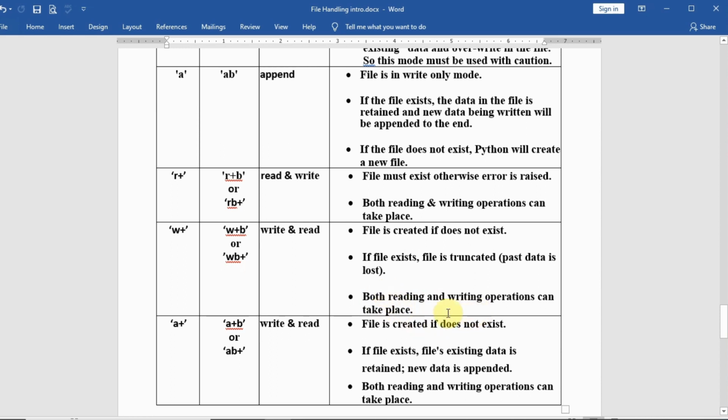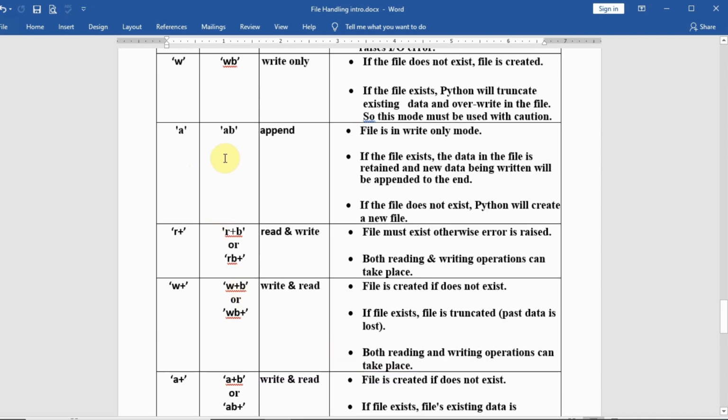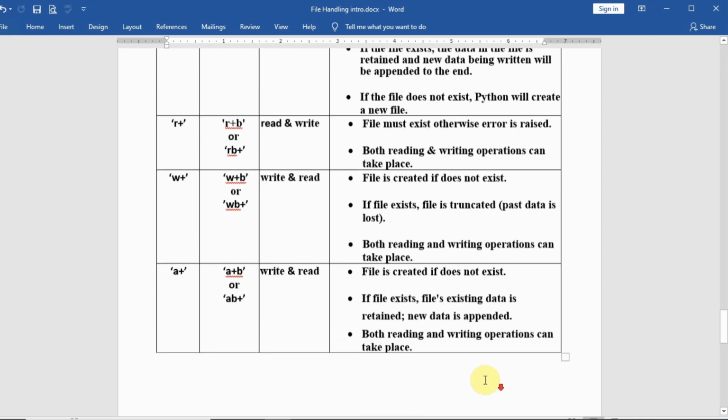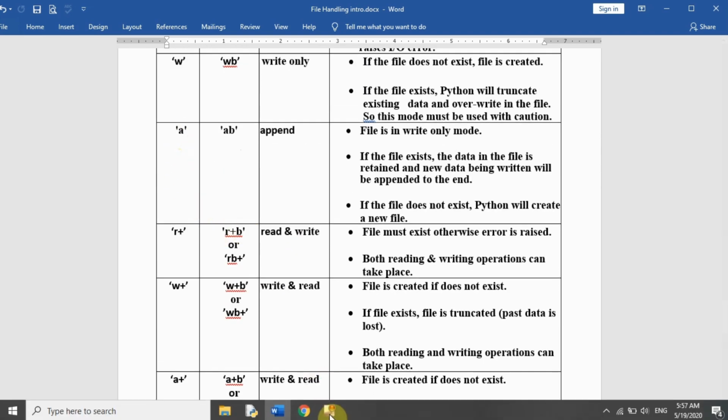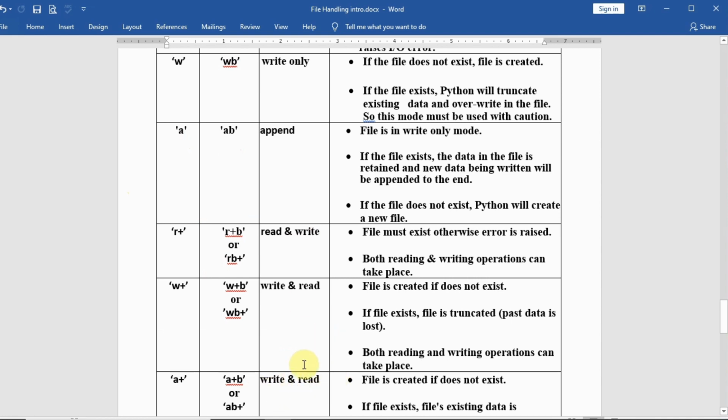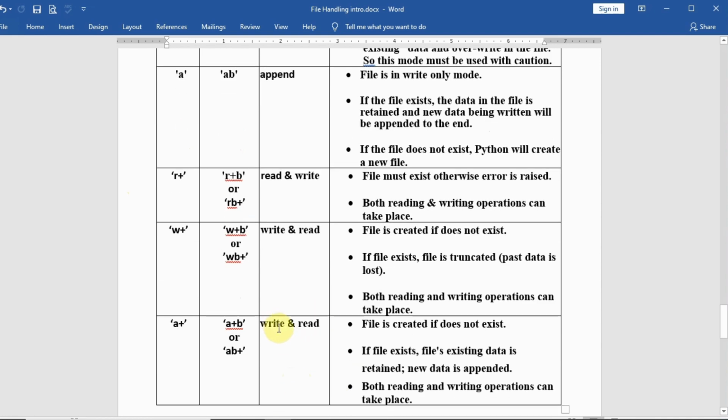Now the A plus, write and read. This was the append mode, and we have just added plus here in the append mode, and we can perform both reading and writing. Let's see what we can do with this mode.